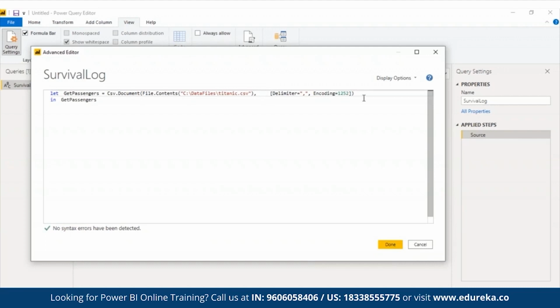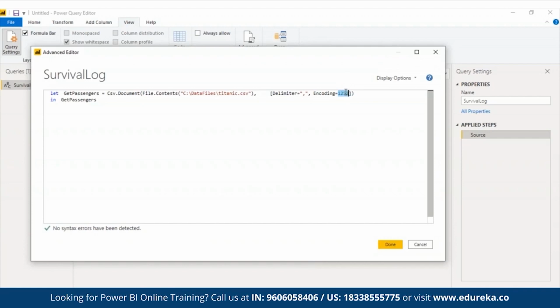The delimiter option specifies a comma, as you can see right here, as the delimiter in the CSV document, and the encoding option specifies the text encoding type 1252, as you can see right here. This is basically the Windows Western European code page. And that's all there is to setting up a basic let expression in